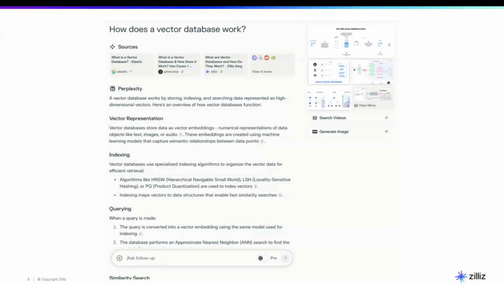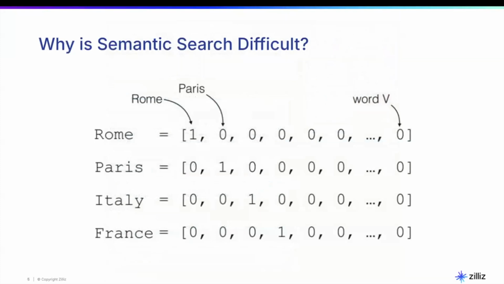I just asked it, what is a vector database? And I think this seems better than the Wikipedia page. I mentioned that a killer application of generative AI is semantic search at web scale. But why is it only now that we're exploring this, and why is semantic search difficult? Why has it taken until 2023, 2024 to produce really widely used systems? I think the first reason is that